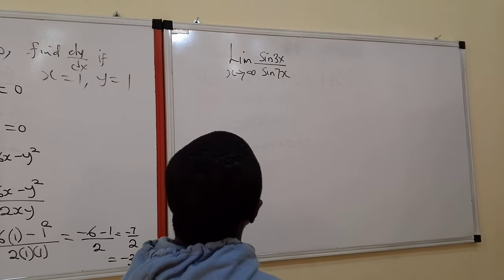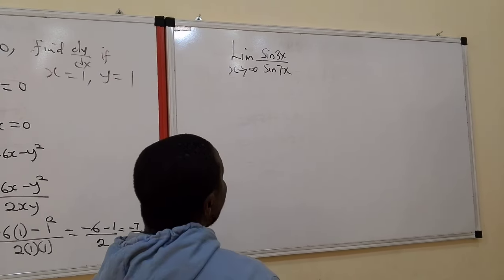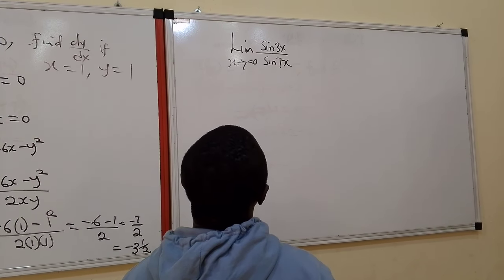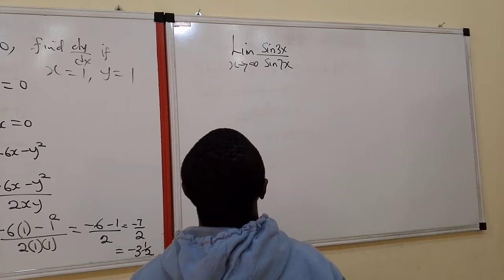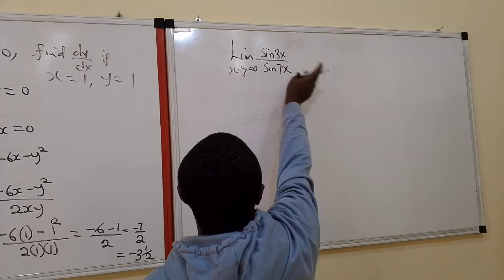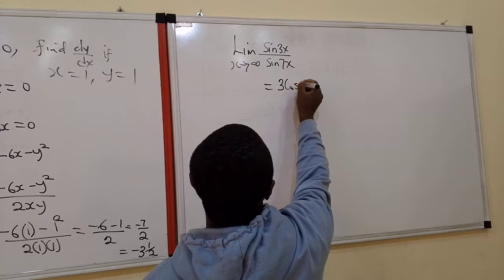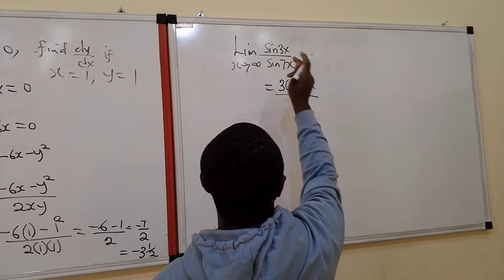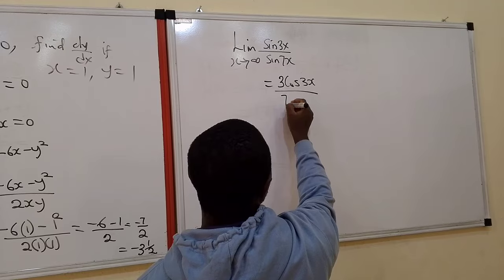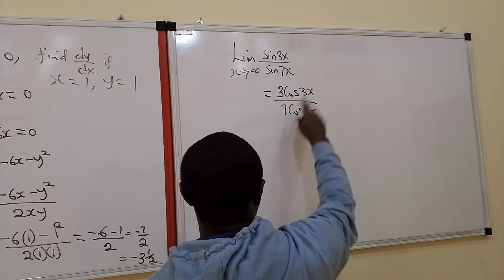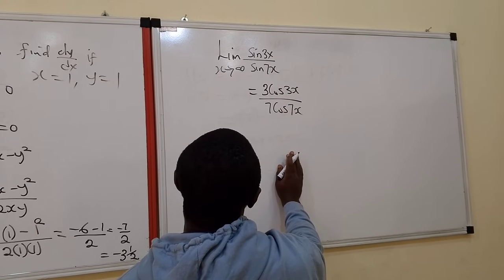We are going to differentiate the up and the down. Differentiate both the top and the down. If you differentiate sine 3x, we have 3 cos 3x. Differentiate sine 7x, we have 7 cos 7x. After we must have done that,